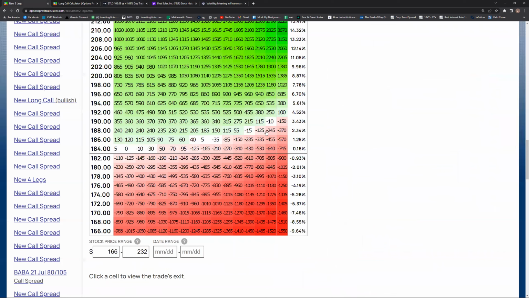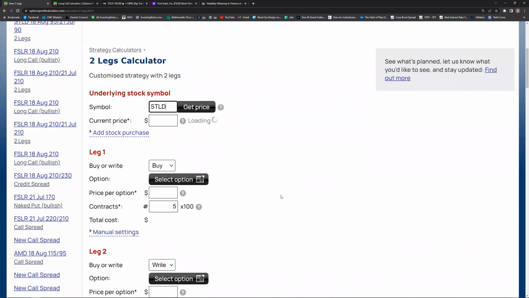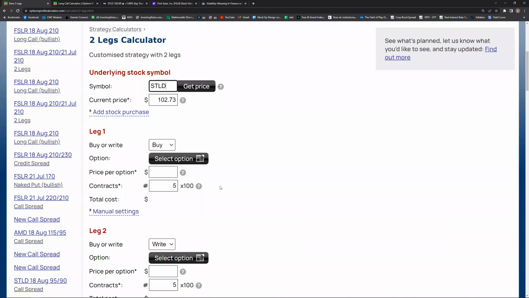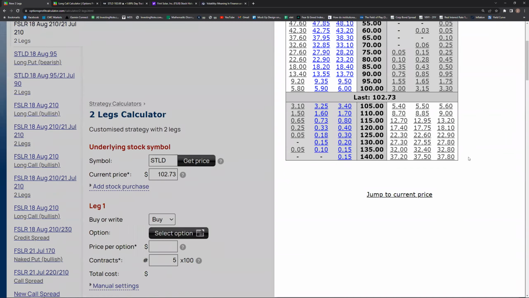and play this out. Steel Dynamic is actually quite okay also, mainly because, oh sorry, STLD. You can play a calendar also. Calendar spread, the same one that I showed you with First Solar, okay, but the strike price you go and work out. So Steel Dynamic is okay to play mainly because